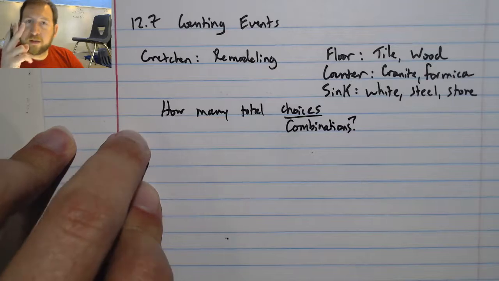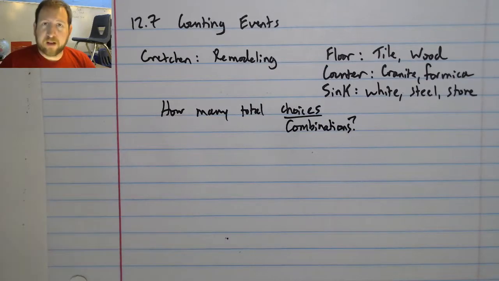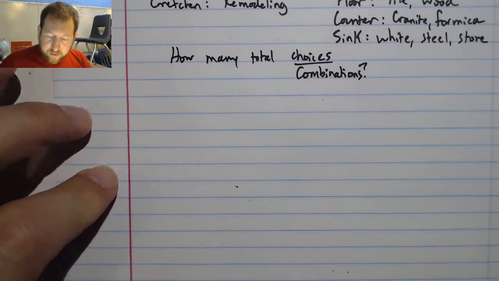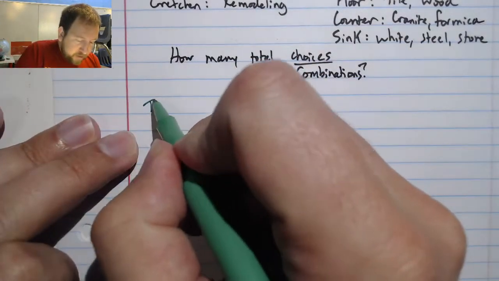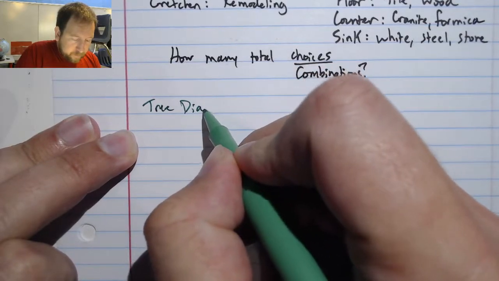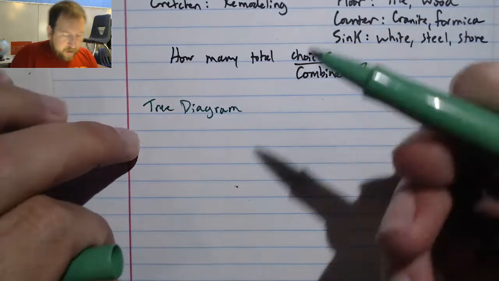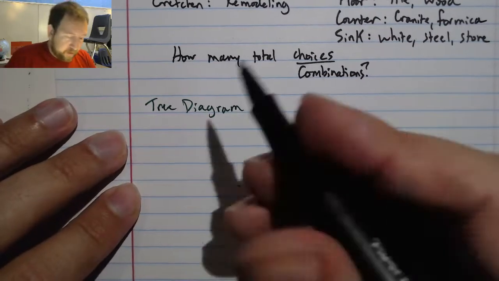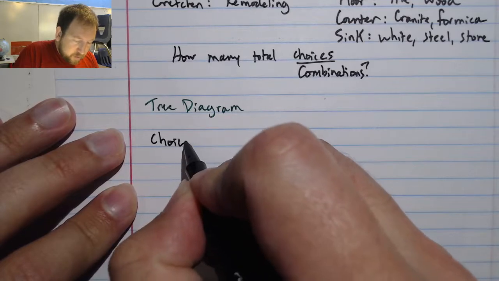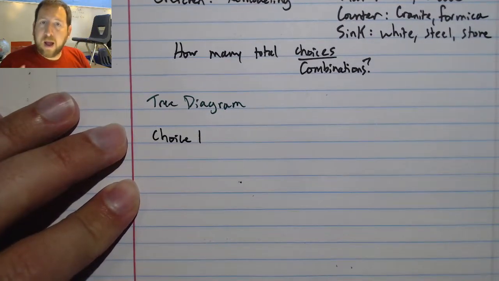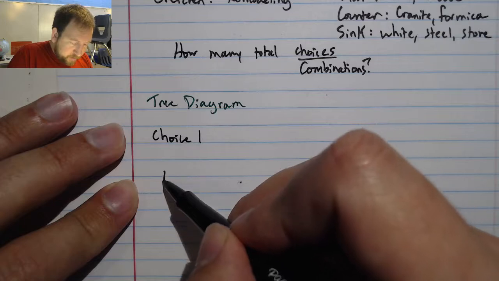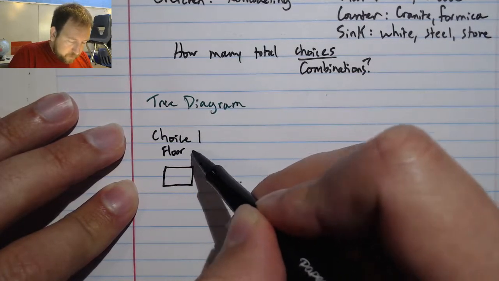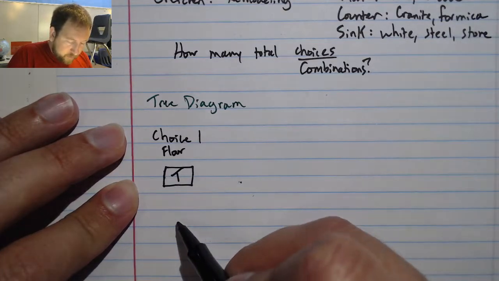Well, we're going to see two ways to solve this. First, we're going to do it the old-fashioned way, or the more time-consuming way, and then I'll show you a trick to do it a little bit easier. But the first way we're going to do this is we're going to be building a tree diagram. There are a lot of different ways to do this, but I'll be doing it this way that I'm most comfortable with. So I'm going to take a look at choice 1. This is our floor choice. We can be tile or